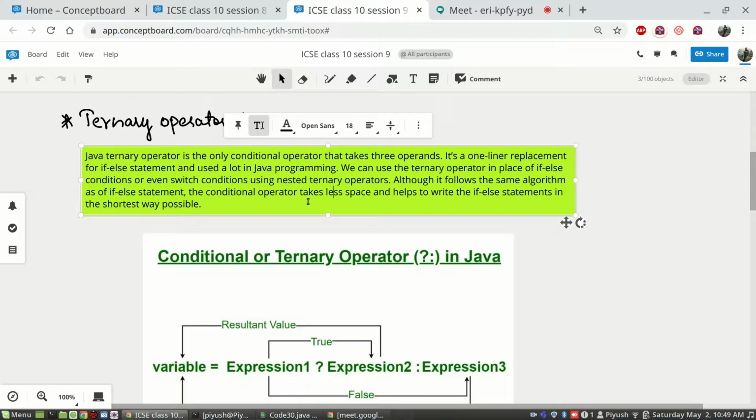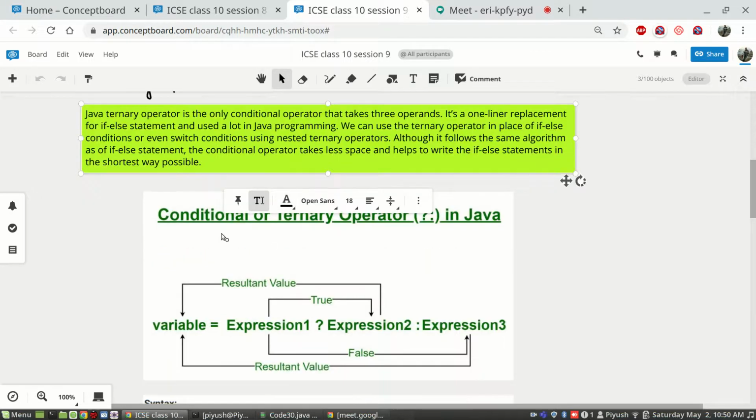So after this class, when we are comfortable with ternary operators, wherever possible, instead of an if else statement you go for ternary operators, because you will write it in very few lines, in fact one single line, and that also consumes less space in the memory of the computer, and it is executed very fast. So from this day onwards, wherever possible, in place of an if else statement, you can always use ternary operators. We will see how we can do it. So this is the structure of the ternary operator.